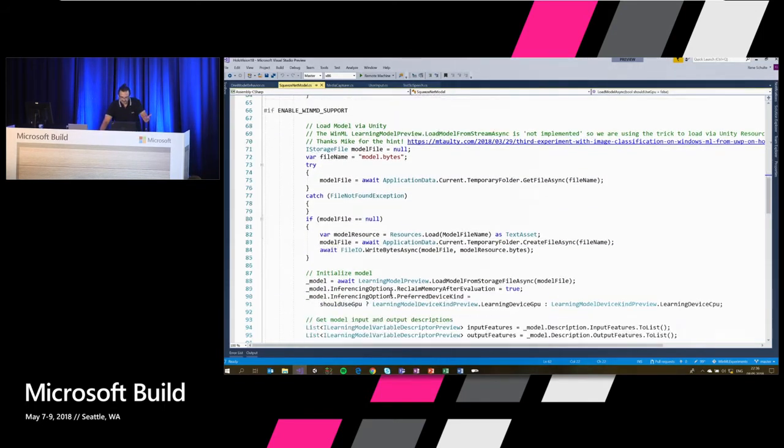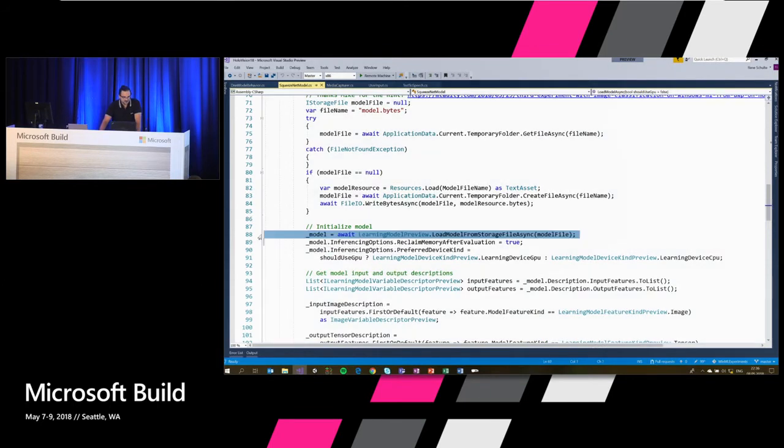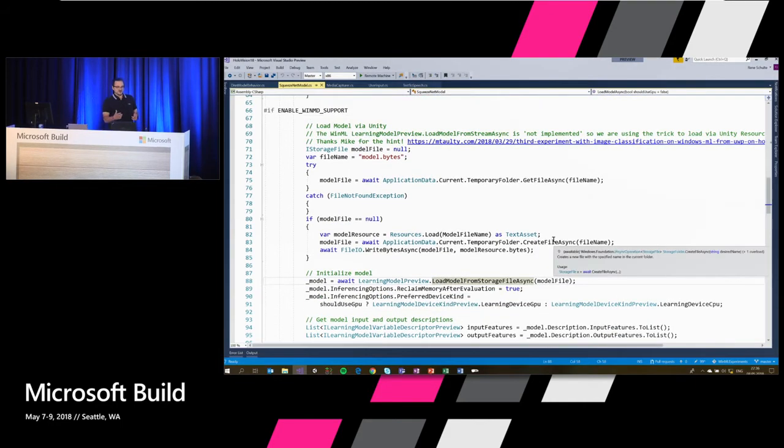All right, so we parsed the labels, and now we actually need to load our ONNX model. And as you can see, those APIs are still in preview mode, so they even have it in the name. And of course, I would have loved to actually use this API here, which is called load model from stream async. But this throws a not implemented exception at the moment, so we actually have to load it from a file. And we have to do a bit of a workaround to actually get it from the resource folder into a file that UWP understands. So shout out to my friend Mike Talty. He had a very good blog post out there that shows how to do exactly that, how you can get it from the resource folder into a UWP file for loading it.